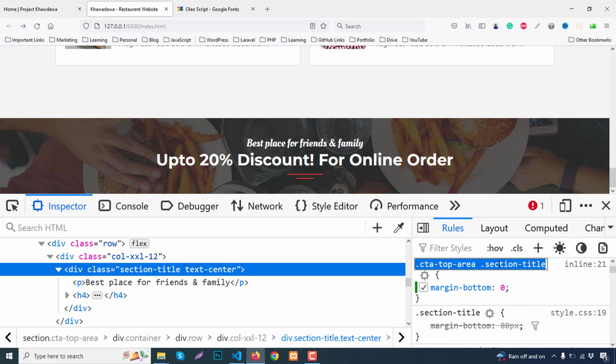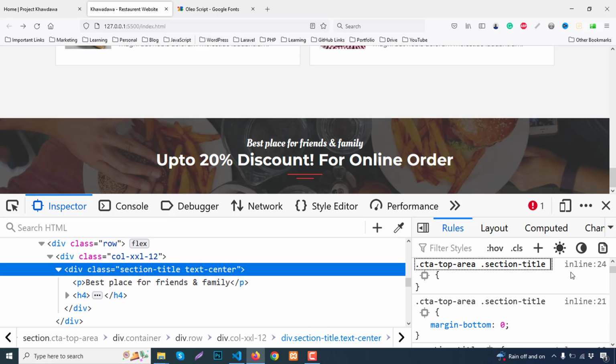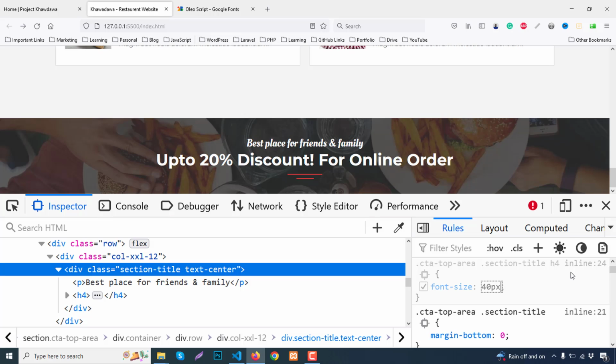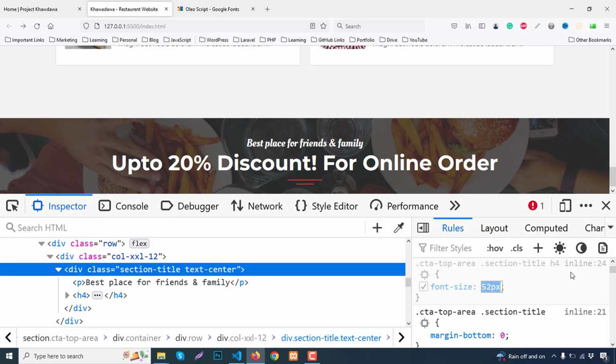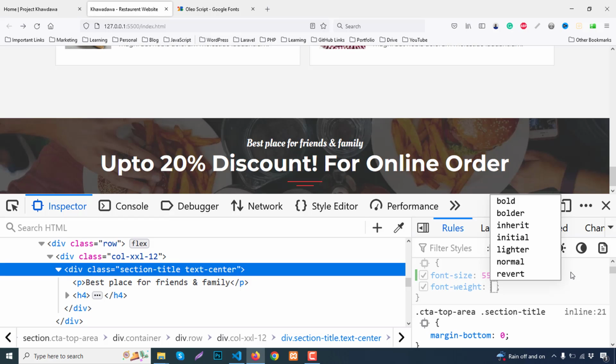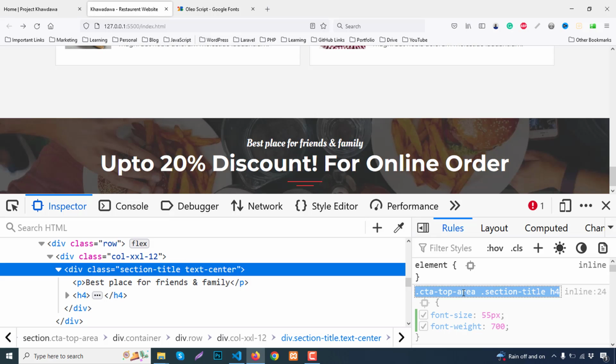Now again copy this class. Okay, paste here, and inside H4 increase font size like 40 pixel, 40 or 55, and font weight like 700. Okay, that's fine. And inside H4